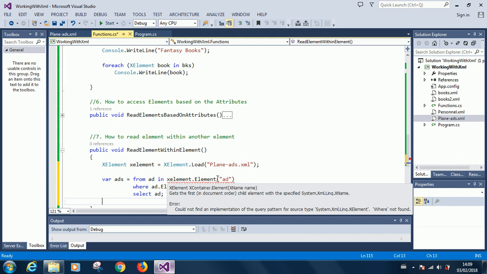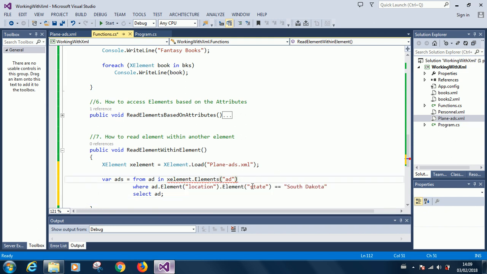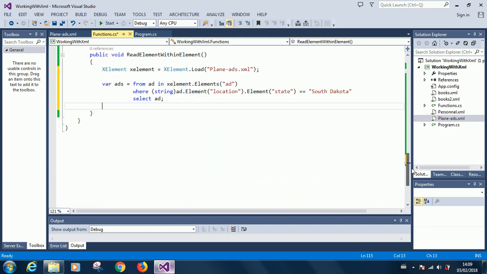Alright, so at this point, elements. What is the problem here? Elements, okay, alright. So here we put the casting to string so that we'll be able to compare to the string here. Now we assume that if everything went fine, this adds variable will contain all the adds where the state within the location is South Dakota. So we can now display